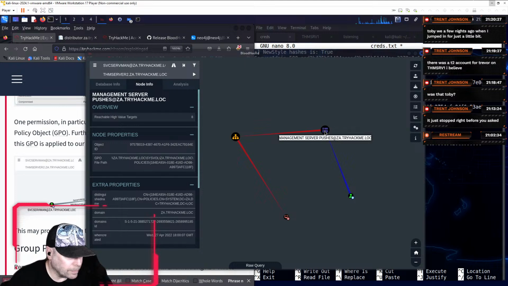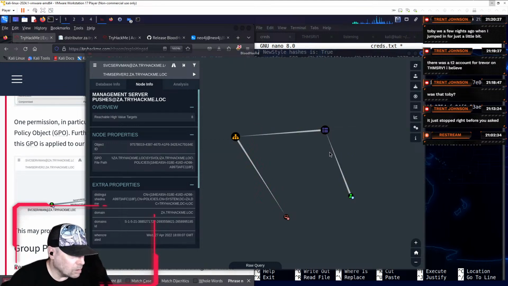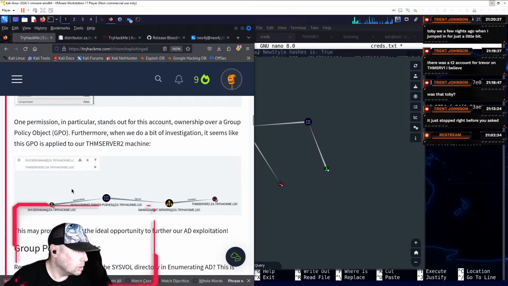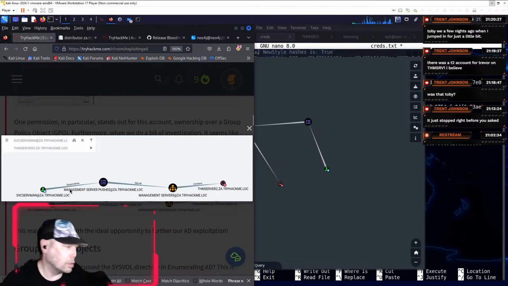Serviceman, management server pushes. What did that say? Stop. Management servers, and then, yeah. Okay, so that's how you get from there to there.